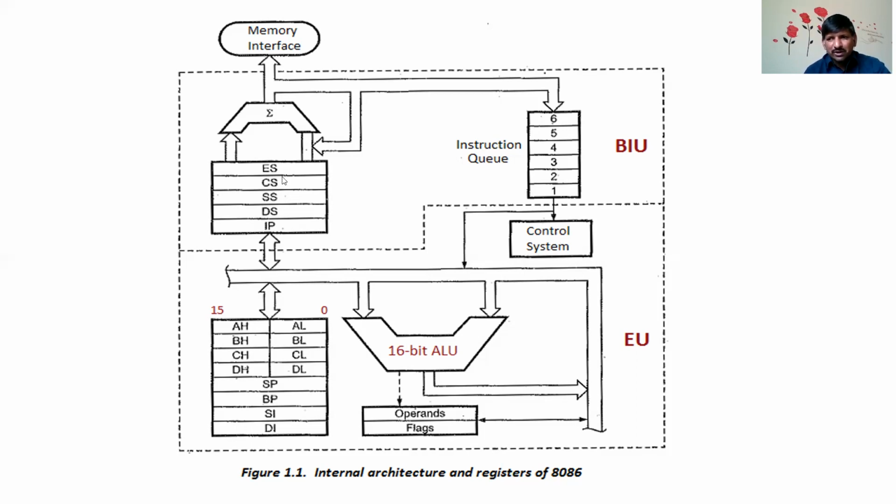First, fetch from the memory location, go to that memory location, fetch that instruction into the instruction queue, where it is decoded and executed. While executing the instructions, it may use these general purpose registers. Okay, so it goes to the execution unit, which adds the 2 numbers. By using the AX and BX registers: MOV AX, first number; MOV BX, second number; ADD AX, BX; INT 03.